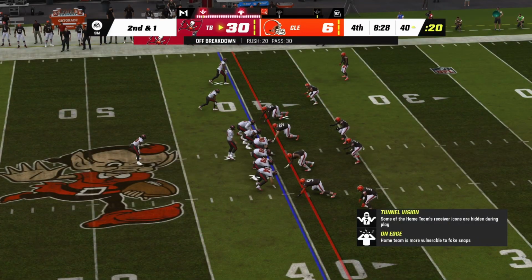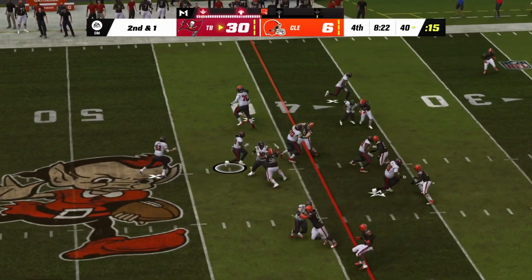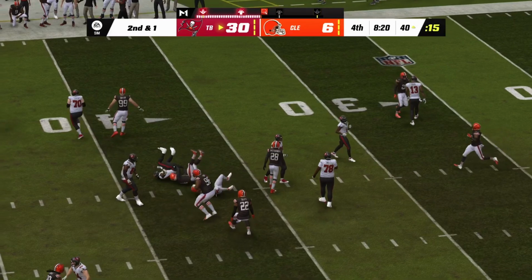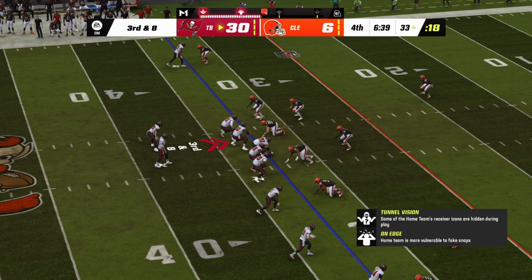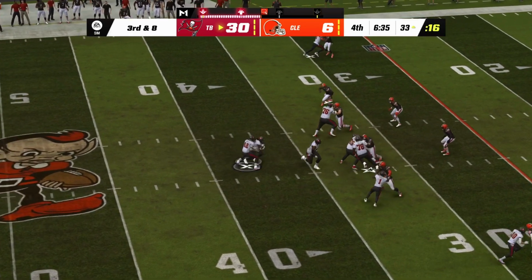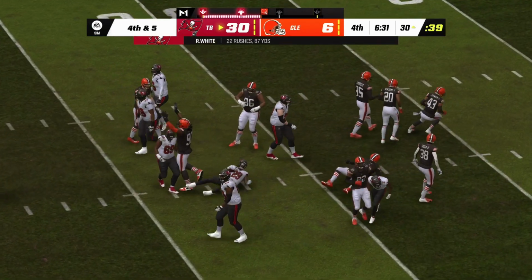That's a big difference because the clock doesn't stop. Yeah, not like college. Right. If it's college football, 2nd and 1 is probably better than picking up the first down because in college football, the clock stops with every first down. And the difference between that and a pass blitz, you're trying to get to the quarterback. You're trying to scheme someone open who will get to the QB and make sure he gets on the ground. In a run blitz, you're actually...